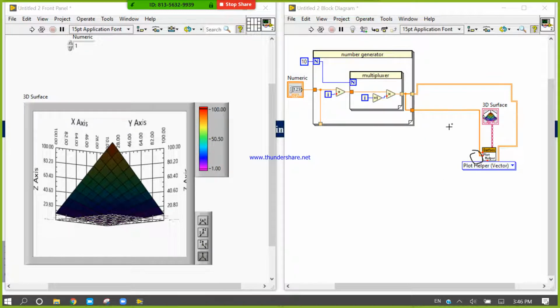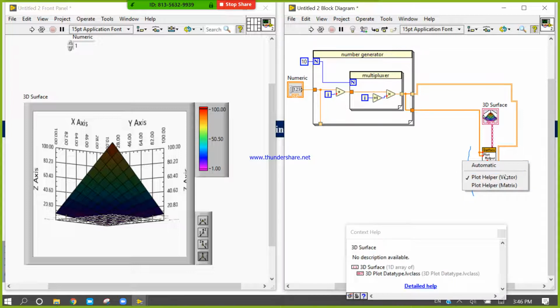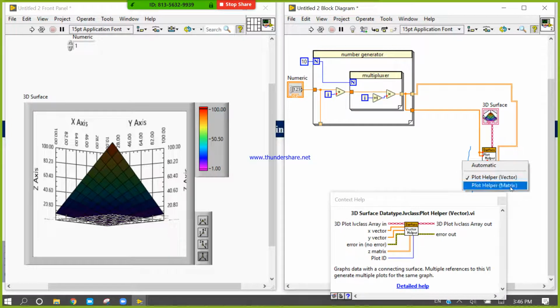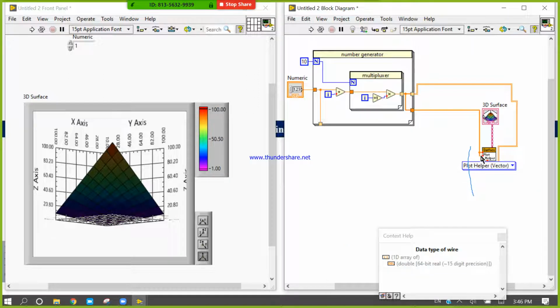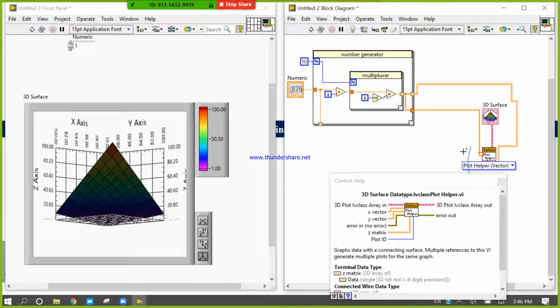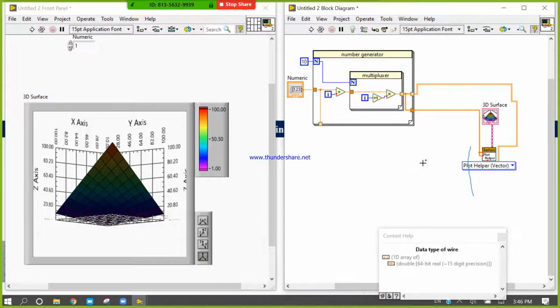Okay, please delete this thing. Yep, please delete. This one, there are two things, vector and matrix. Select vector. After that, this one is x and this one is y, and this one is z. X and y are both connected in the same wire. What is the problem in this?